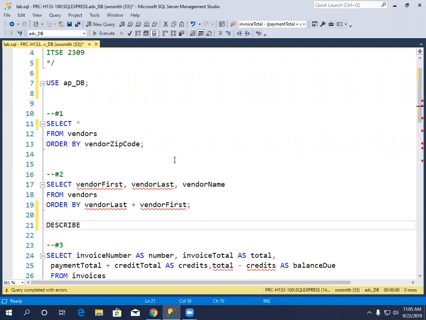DESCRIBE, no, that's not turning blue. There is a command I can give SQL where it will show me all of the names. But the easiest thing to do, and the thing that I usually do, is